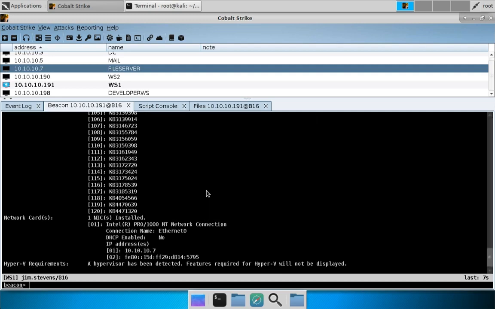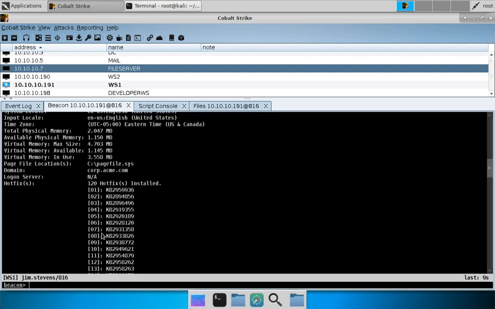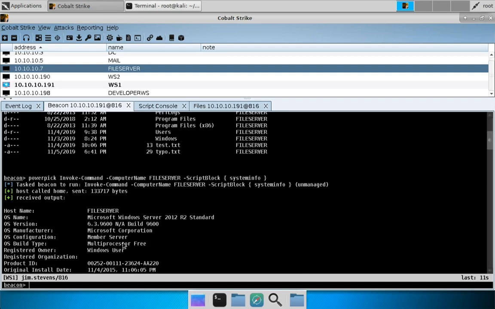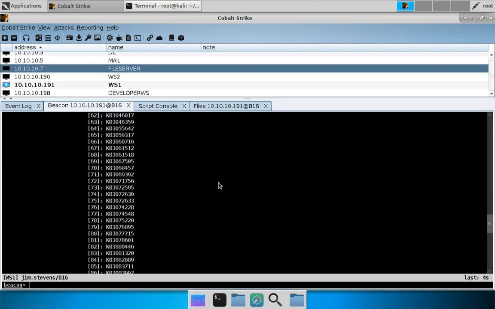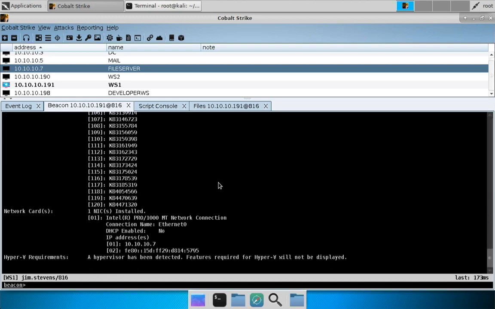So we're waiting for systeminfo to come back. Okay, yeah, so the file server is Windows Server 2012 R2. Okay, great. It is up to date, and we do have a 2016 server as well. That's the mail server. So that's all fun. But what I wanted to point out is that Invoke-Mimikatz will fail if you use